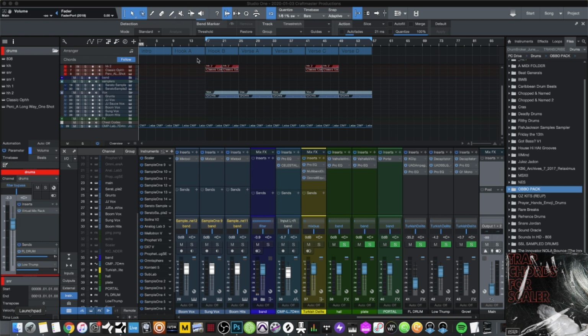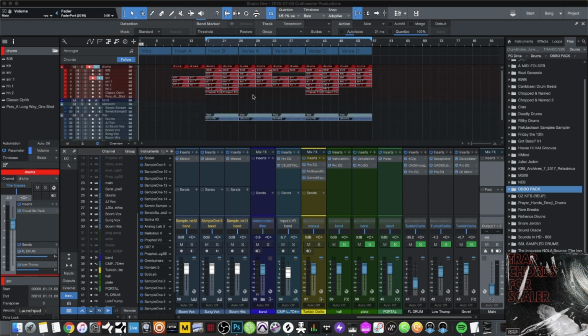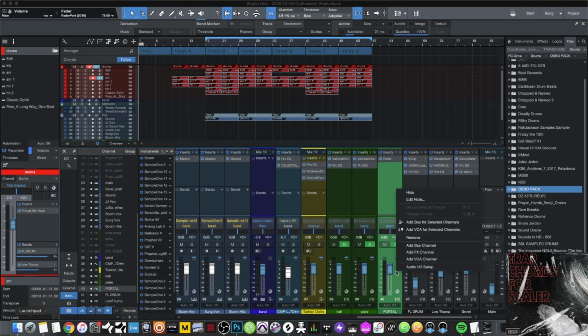processing. If you've ever been on a forum or a Discord with halfway talented people, as far as the mixing is concerned, you hear a lot of people either asking or talking about parallel compression, parallel processing, and what does that mean? In Studio One, it's really easy to achieve. The way that I do it is through creating effects channels, right? Essentially, what an effects channel is,